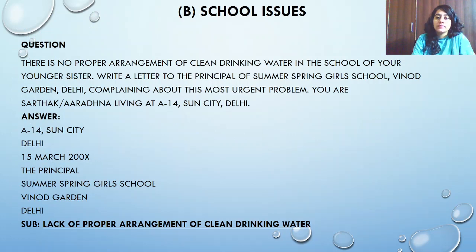Now this is a sample of school issues. There is no proper arrangement of clean drinking water in the school of your younger sister. Write a letter to the principal of Summer Spring Girls School, Vinod Nagar, complaining about this most urgent problem. You are Sarthak or Aradhana living at... The receiver's address is also given. The sender's address can be clearly taken from the question itself, and you can see the subject is also clearly given